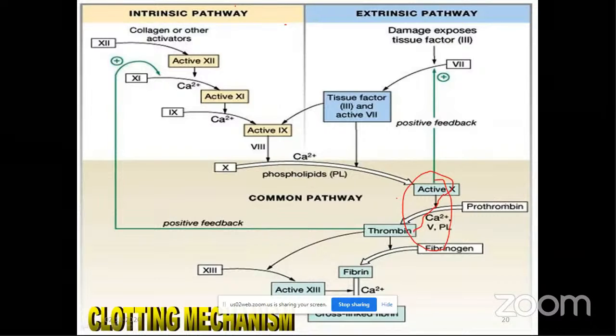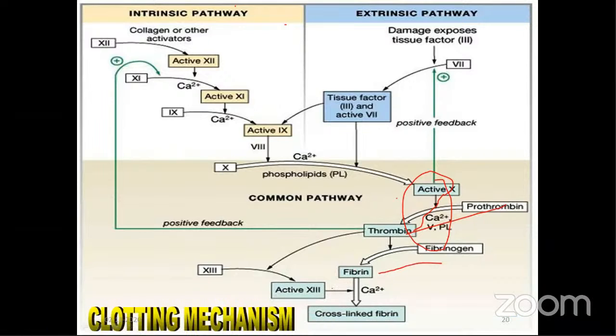That is conversion of prothrombin to thrombin, and thrombin then promotes the conversion of fibrinogen into fibrin. The fibrin monomers get polymerized. They become cross-linked with each other in the presence of calcium, and also stabilized by activated factor number 13, also called fibrin stabilizing factor, to form the actual cross-linked fibrin network or mesh, the clot. Okay, so let us look at the common pathway. I hope it is very clear.